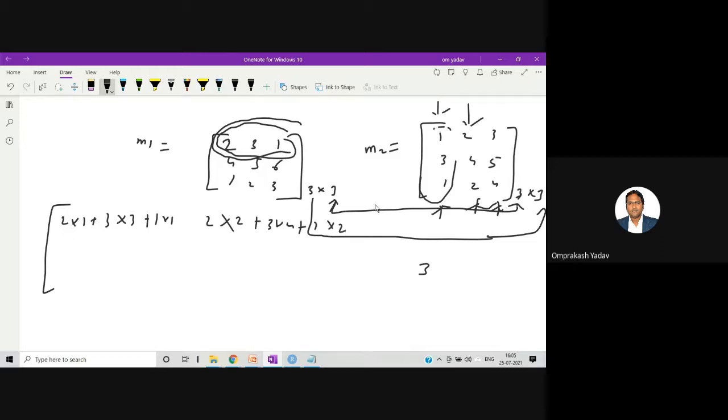Okay. Then the last column is remaining, and with the same first row, I'll say 2 multiplied by 3 plus 3 multiplied by 5 plus 1 multiplied by 4. So this is going to complete my first row.